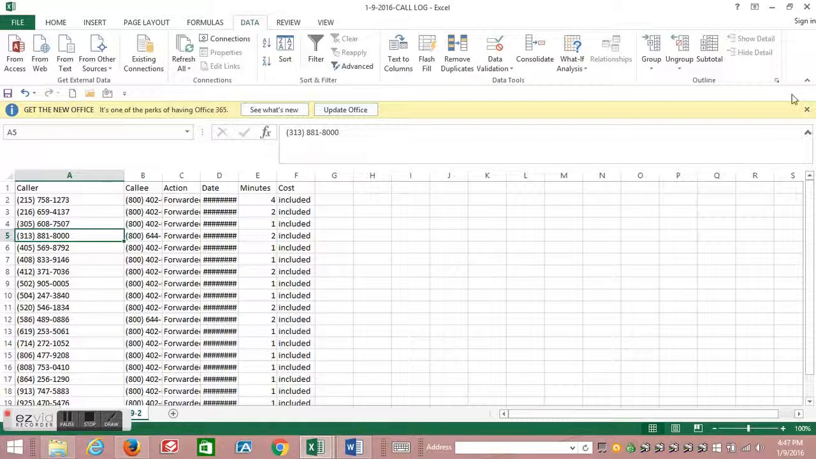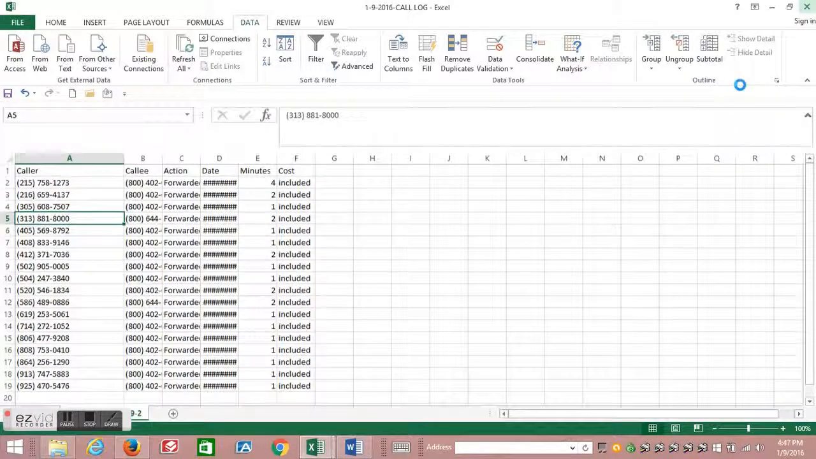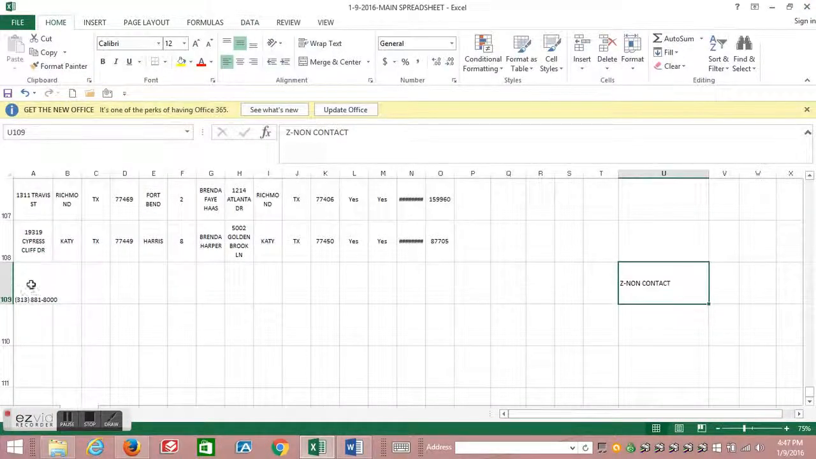All right? Now, after you've saved that, and after you've entered whatever phone numbers were missed, and you've done the A, 1, 2, 3 and then the Z non-contact, that's exactly how you want to run your